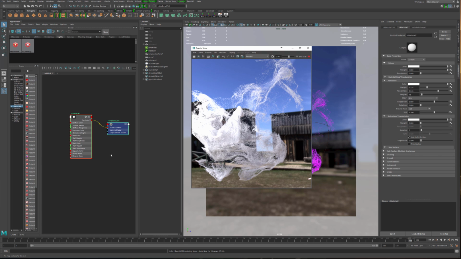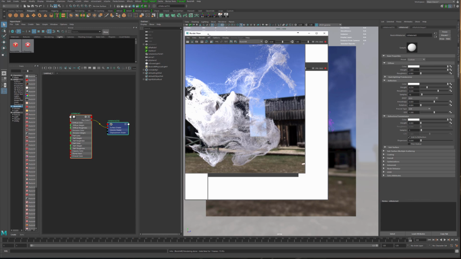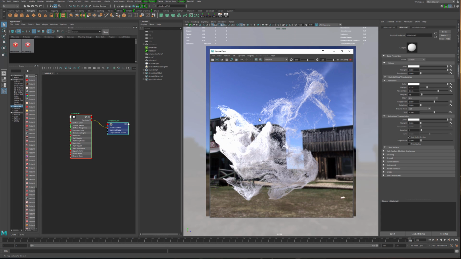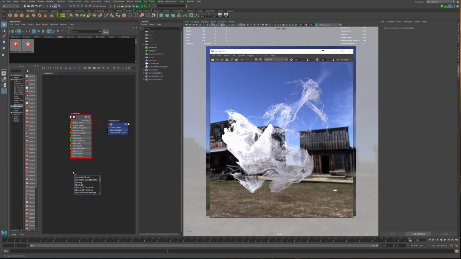There's the old way and the new way. They both work. They'll both get the job done. And so right now, we'll start off with the old way of doing it. So now that I got IPR rendering right now, one way you could do this is using the old particle